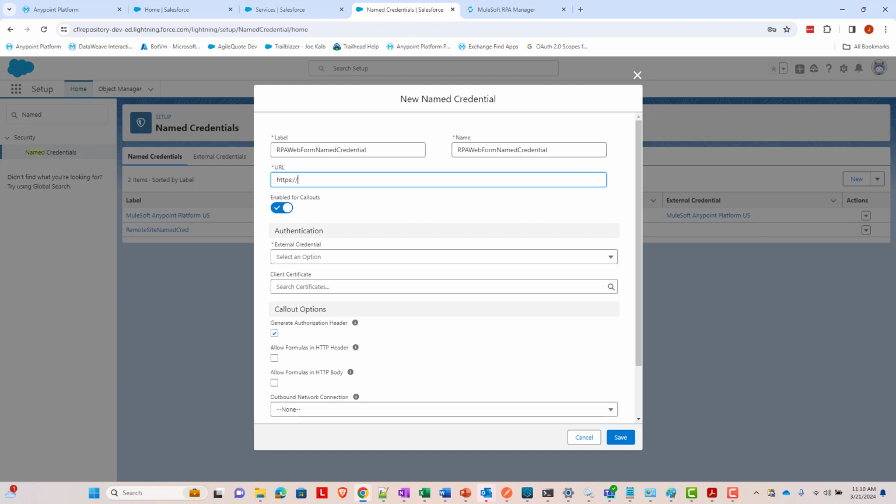So that's going to be https CloudFirst labs.rpa.mulesoft.com. Of course, this is going to be different from organization to organization, but you want the base RPA URL here. And we want enable for callouts to be true. And then we want to select the external credential that we just set up, which is RPA web form external